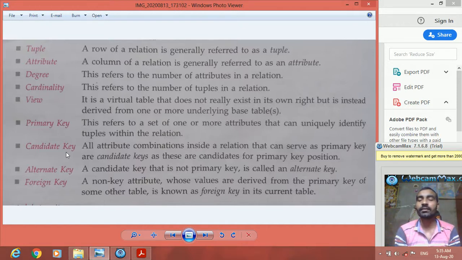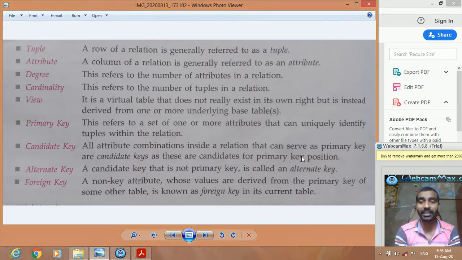Candidate key. All attribute combinations inside a relation that can serve as a primary key are called candidate keys, as these are candidates for the primary key position.